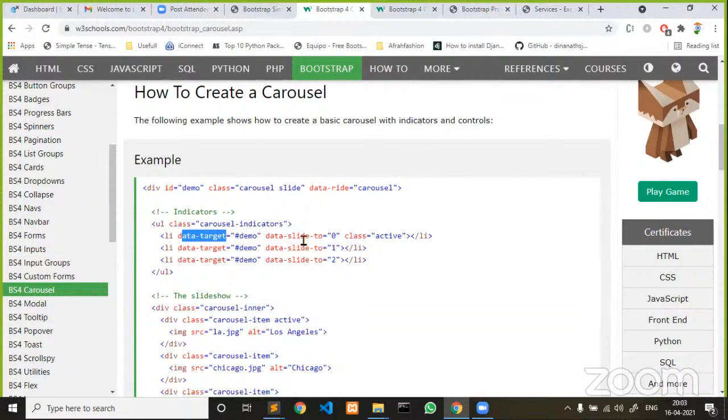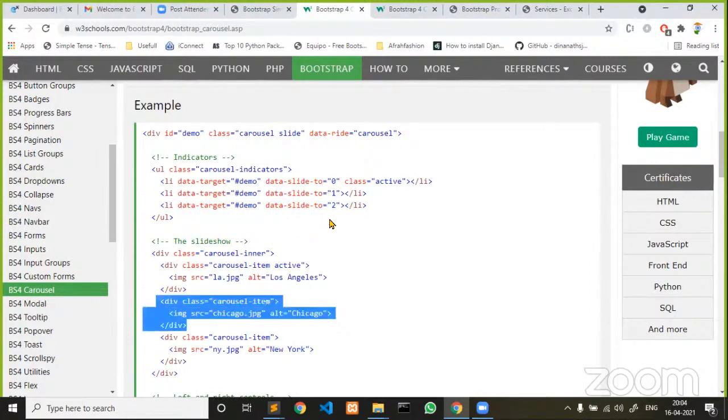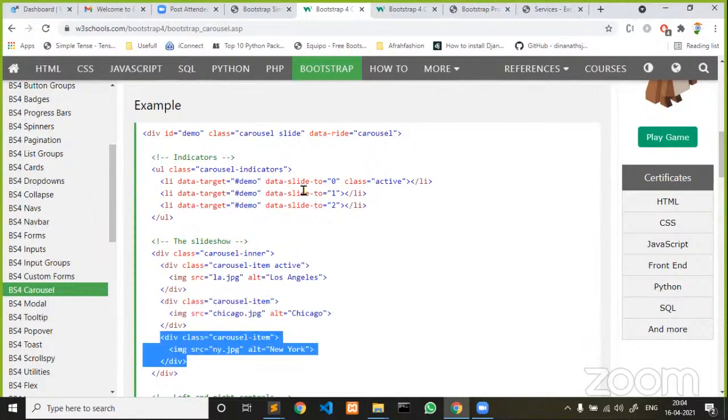Data-slide-to is an attribute wherein, if you are using 0, 1, 2, when you click on the second LI, it redirects accordingly. You see here data-slide-to 1, which means that among 3, if you are clicking on the middle LI, it is going to load the second division. If you click on the last LI, it is going to display the third division. Like that, each indicator we are mapping back to a different item in the carousel-inner. Everywhere there are logics, my dear friends.